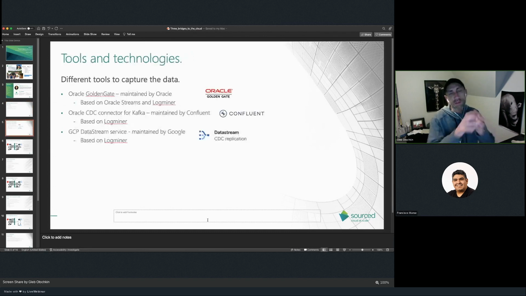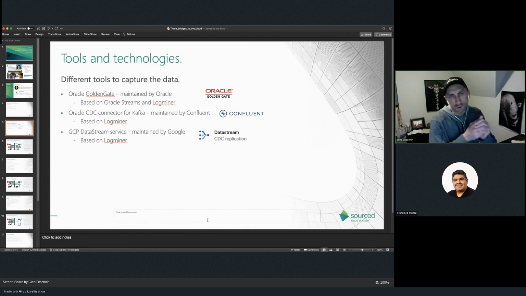The tools we are going to discuss are from 3 different vendors, and one of them is Oracle GoldenGate, a pretty known tool on the market since 2007 probably, or 2006, I don't remember. I started to work with GoldenGate when it was not yet bought by Oracle in 2008.